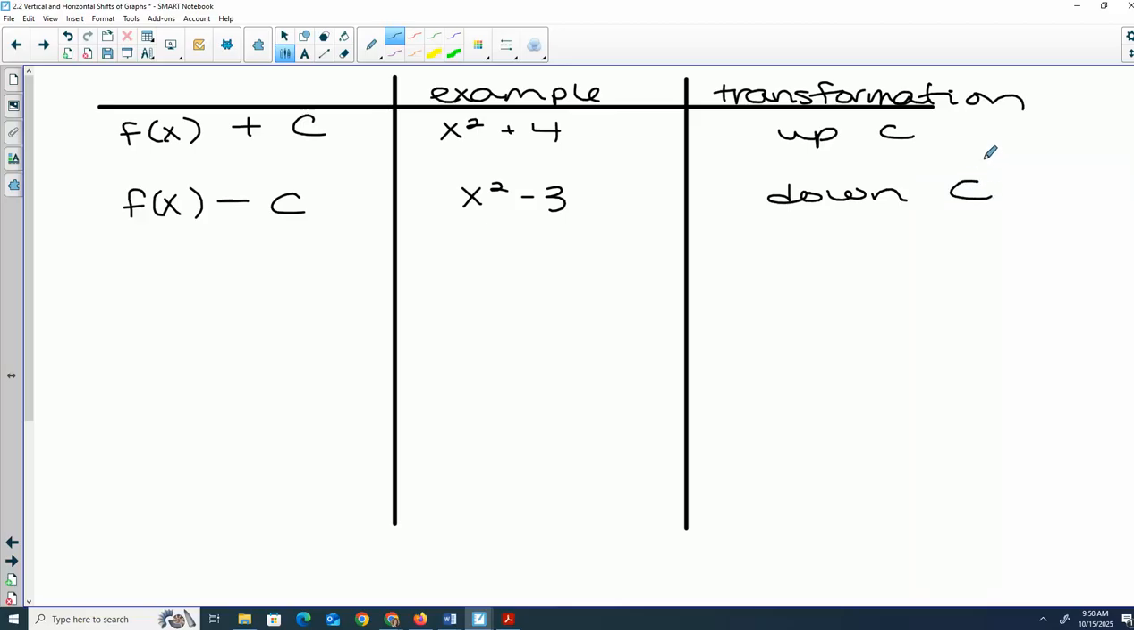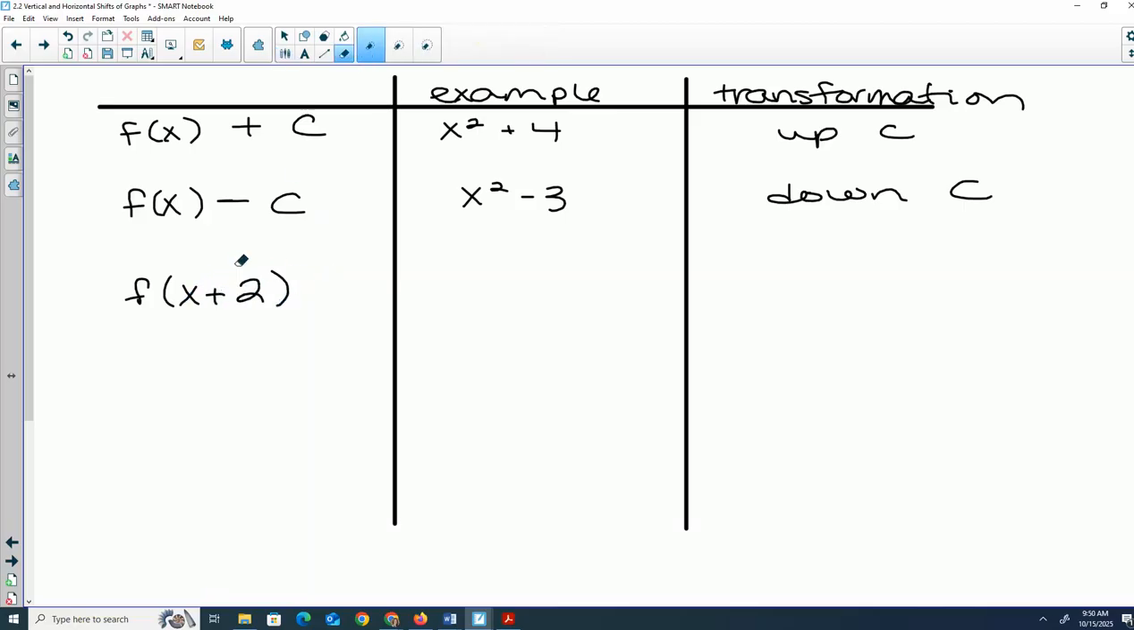Down. Okay, so anything on the outside of our function. So it's not in parentheses with the square, it's tacked on the end. Anything on the end changes y and it does what it says. Adding goes up, subtracting goes down. If it is on the inside,